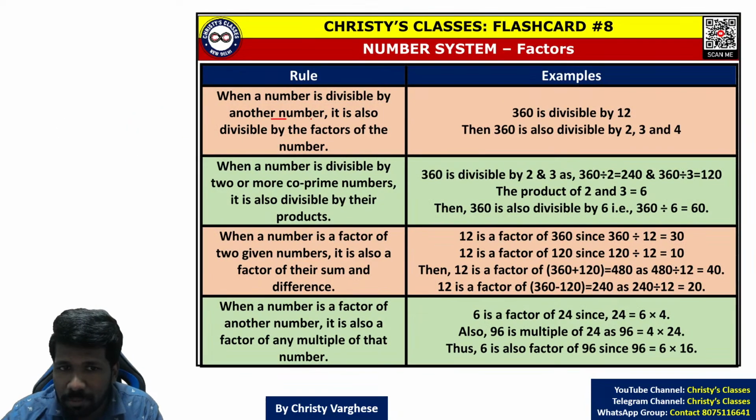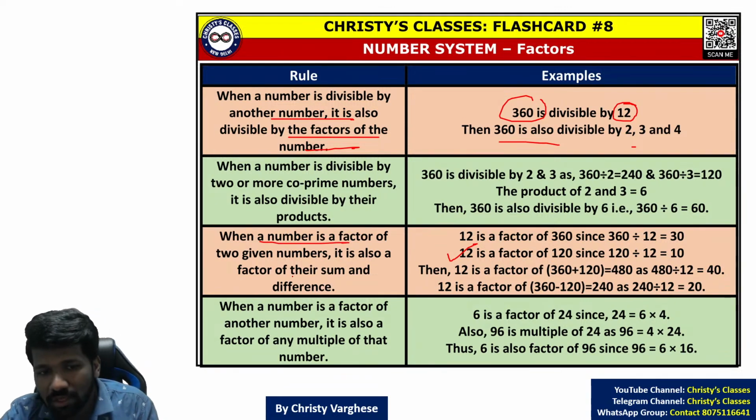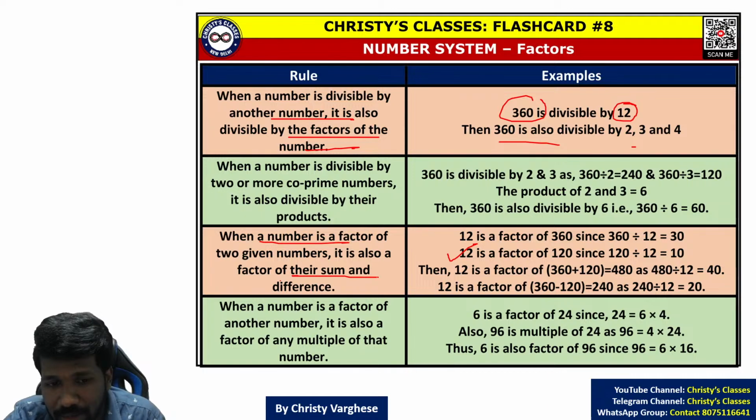When a number is divisible by another number, it is divisible by the factors also. If 360 is divisible by 12, 360 is divisible by 2, 3, 4 also. And the property we are using here is this actually. When a number is a factor of two given numbers, it is also a factor of their sum and difference